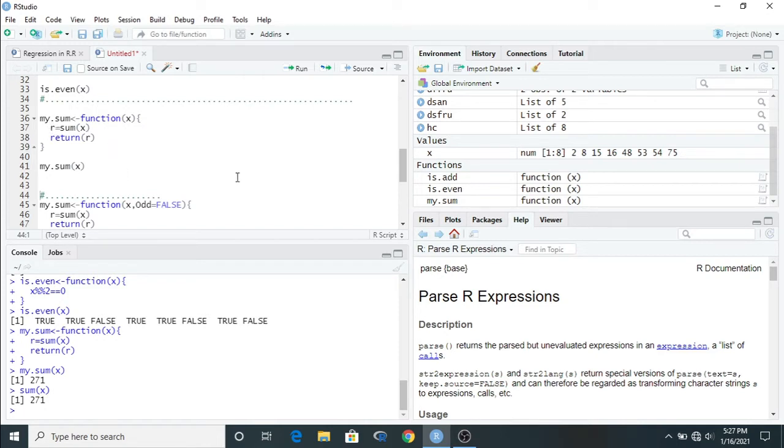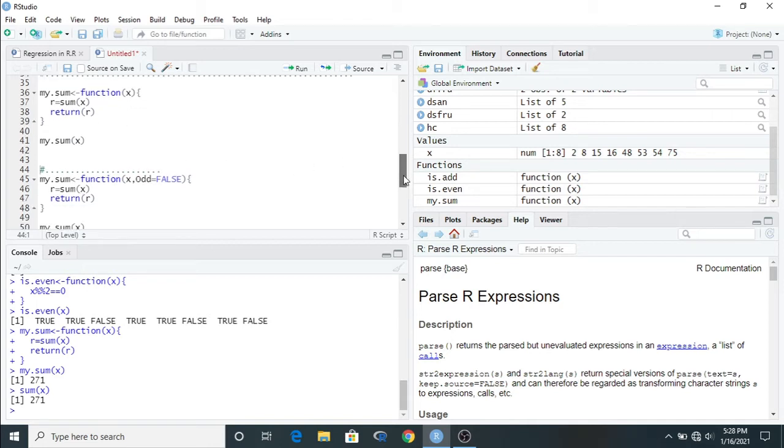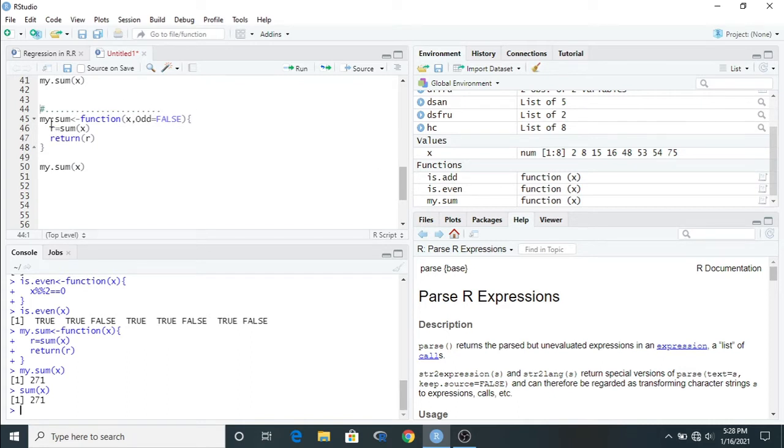Okay, clear? So come to the next point: whether the input has more than one. Here the input is one, only x, but there can be more than one input, or any logical operation added in the function input. So second, I am also doing the same thing. This is my sum, the name of the function, then function, then x.